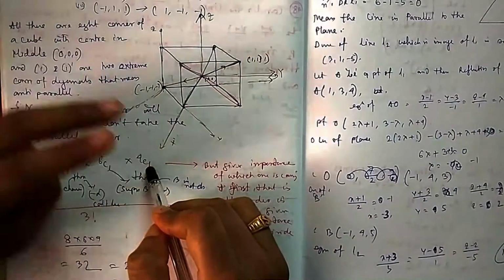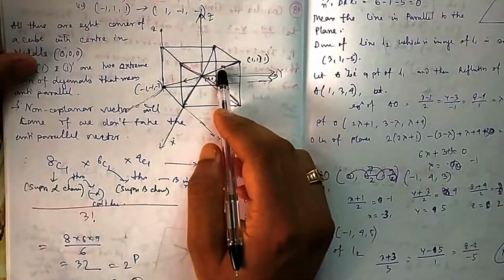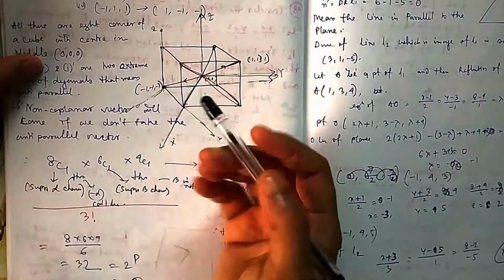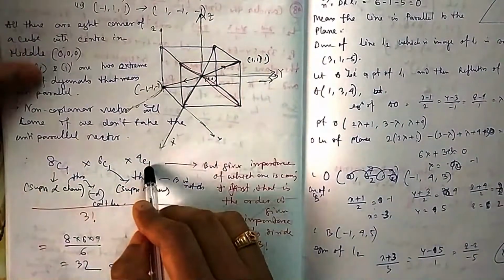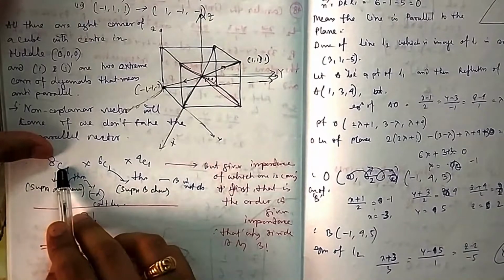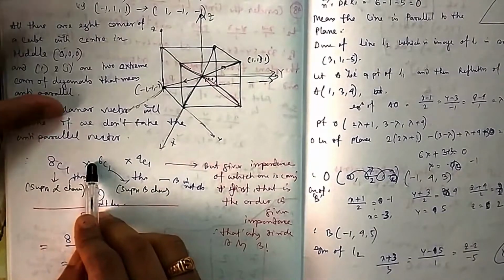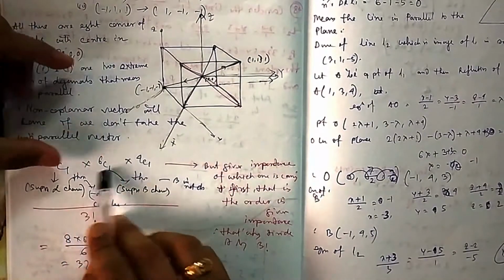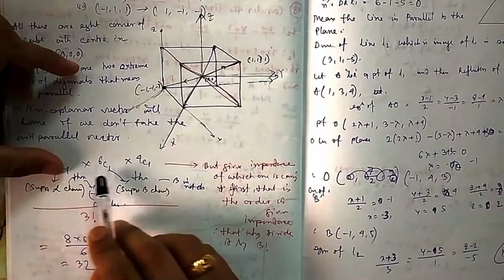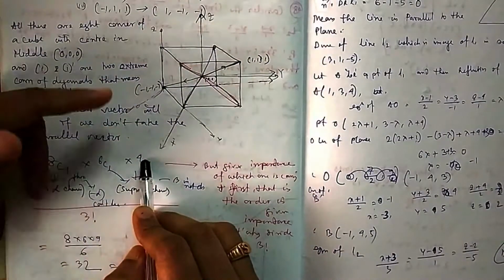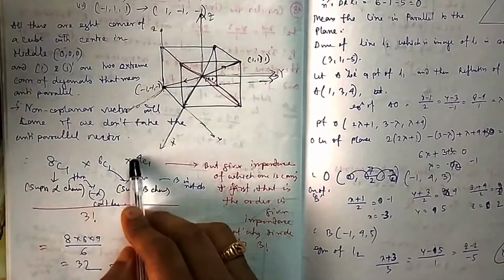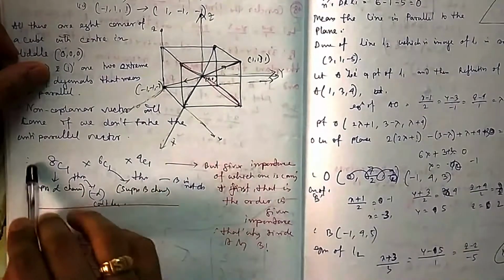Now for the next vector, because it is 3 vectors, you cannot select the earlier 2 vectors and the anti-parallels of those 2 vectors. So 4 vectors you cannot select. Suppose alpha and beta are already chosen, you cannot choose alpha and beta, and you cannot choose minus alpha and minus beta also. So we are left with 4. So these are the total ways.